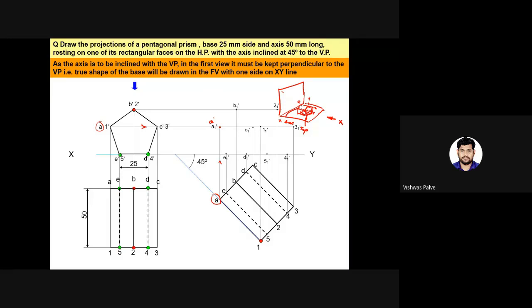Then we have to connect. For connecting the object, we are going to observe it from here, where the observer is standing at this face. When we observe it, you can completely see this face, right? 1, 5, 2, 4, 3. All these points are seen clearly, so this will be drawn as a dark line. All the faces, meaning 1 to A, are visible, so it will be drawn as a dark line. 1 to 5, 1 to 2 dark line, 2 to 3, 3 to 4, 4 to 5. Then there is a thumb rule that the end bounding border will always be dark.